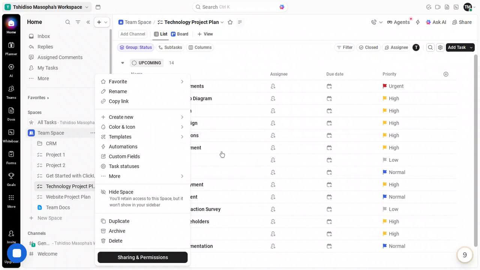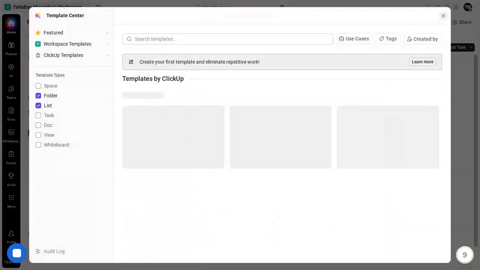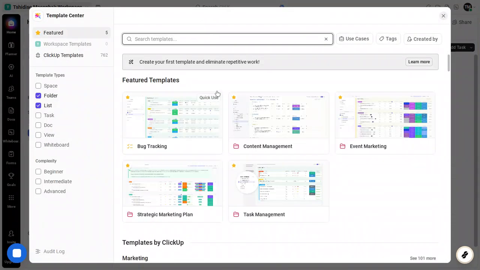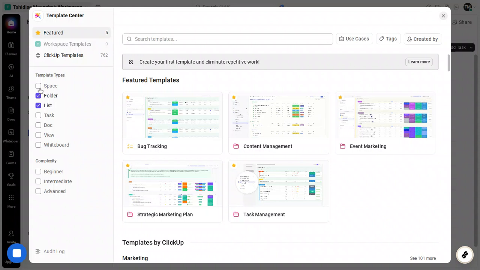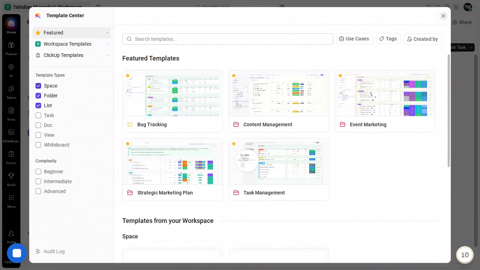Using the template will create a copy of your original space in this workspace, carrying over the structure and items you saved. ClickUp will do the heavy lifting. No messy imports, no risky manual copying, and no rebuilding views or lists from scratch. Let it run, and when it's finished, your new space will appear and be ready to go. At this point, you've effectively moved your space into the new workspace by templating and reapplying it. Everything you packaged, your configuration, your lists and tasks, and any included views, now lives here, and you can begin